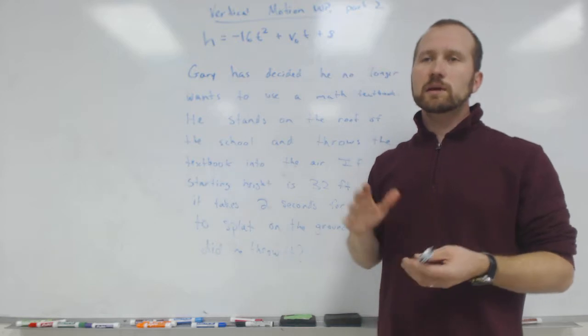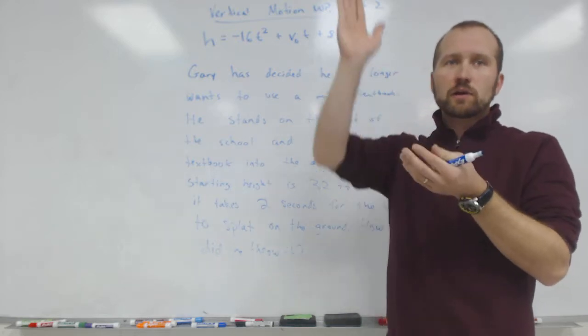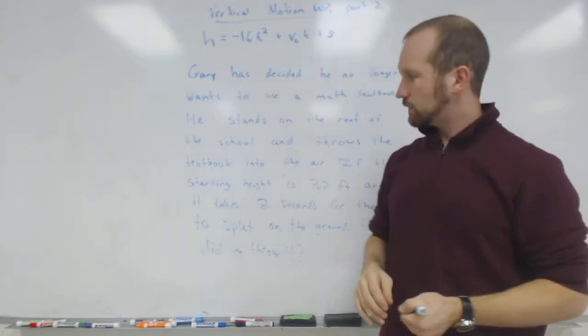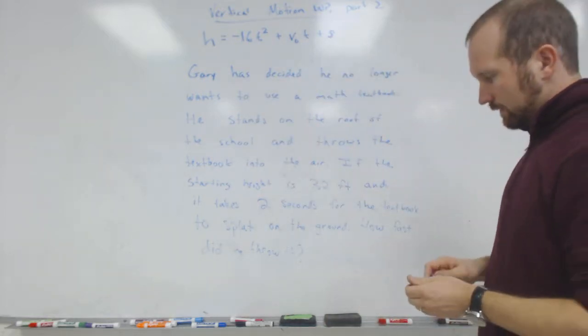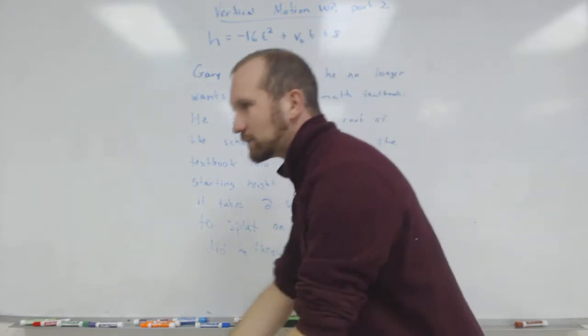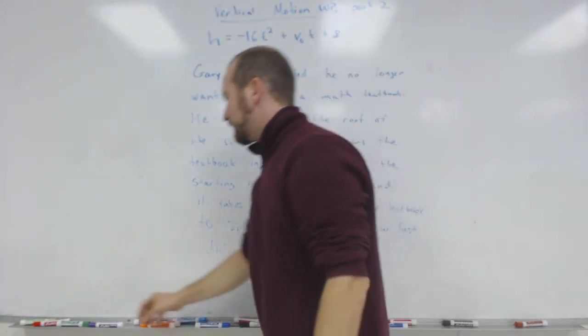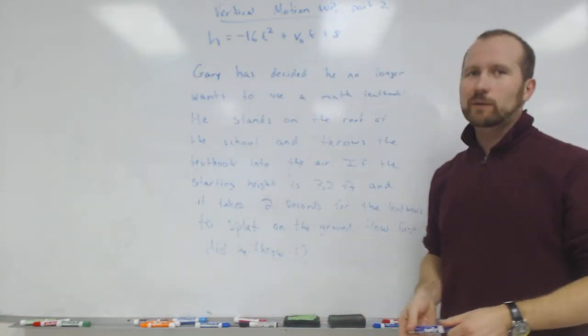Because technically when you throw something, the velocity has a vertical component and a horizontal component. But we're not going to worry about the horizontal. Maybe he just threw it directly straight up. Yeah, maybe he leaned over the edge of the school and threw it straight up. Okay, so the cool thing about this problem is that it's actually not a